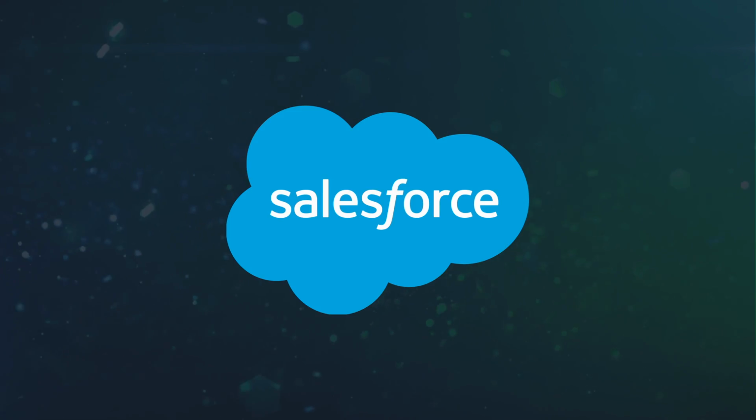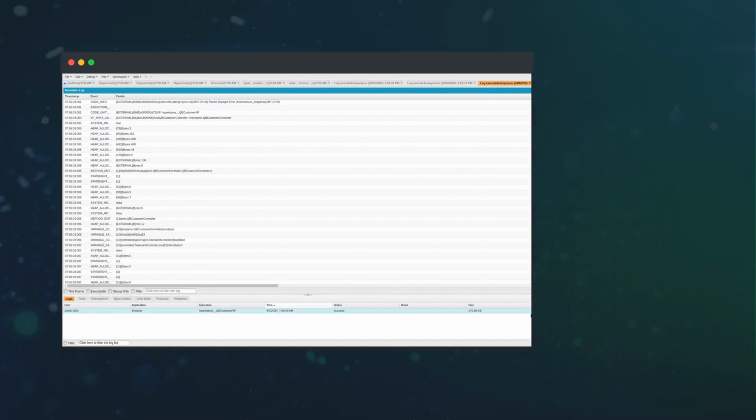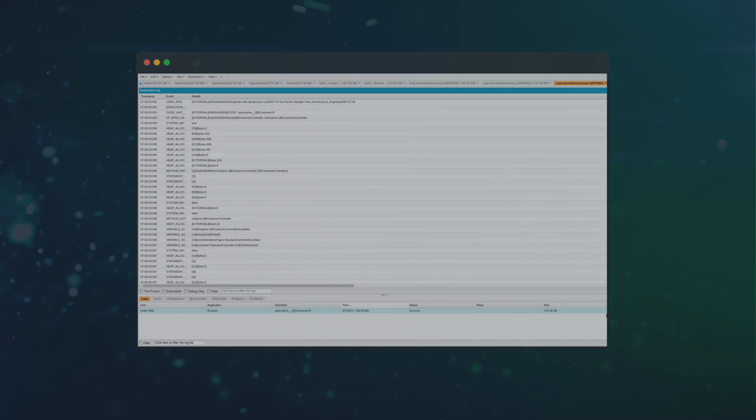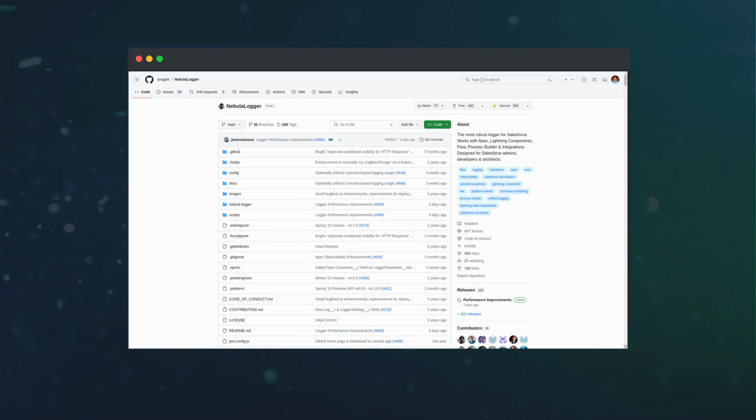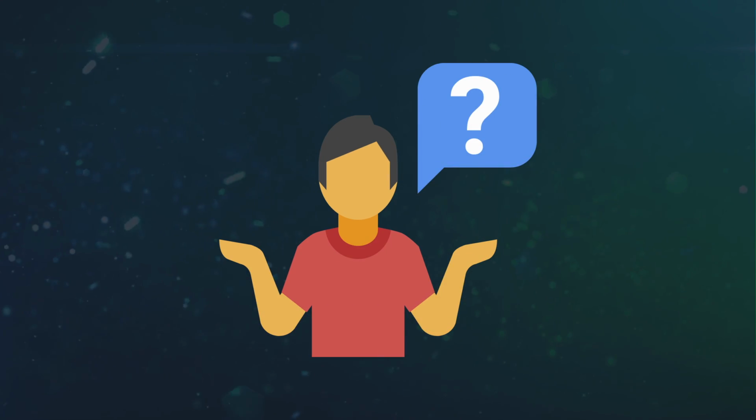Debug logs in Salesforce are difficult to read without a tool like Nebula Logger. This is because these standard debug logs are limited in functionality. With the Nebula Logging Framework, we can control everything we need to get a full picture of our code. Today, I want to walk you through why you should use the Nebula Logging Framework and how to set it